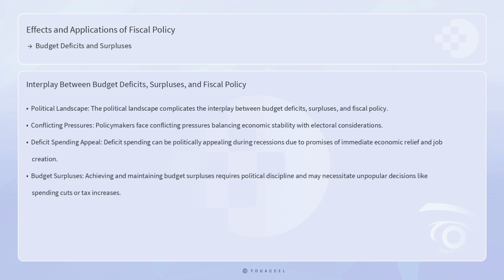The interplay between budget deficits, surpluses, and fiscal policy is further complicated by the political landscape. Policymakers often face conflicting pressures when deciding on fiscal measures, balancing the need for economic stability with electoral considerations. Deficit spending can be politically appealing during recessions as it promises immediate economic relief and job creation. However, the long-term consequences of rising debt may be downplayed or deferred. Conversely, achieving and maintaining budget surpluses requires political discipline and may necessitate unpopular decisions, such as spending cuts or tax